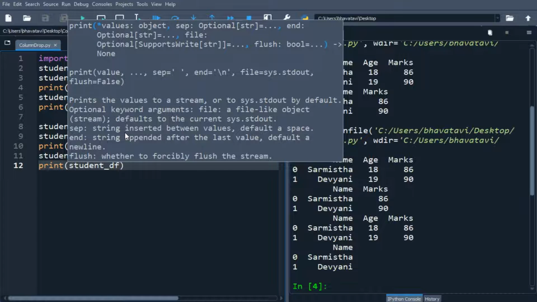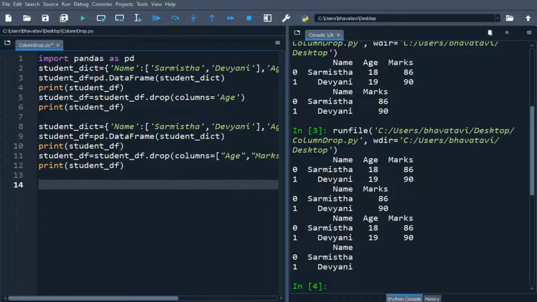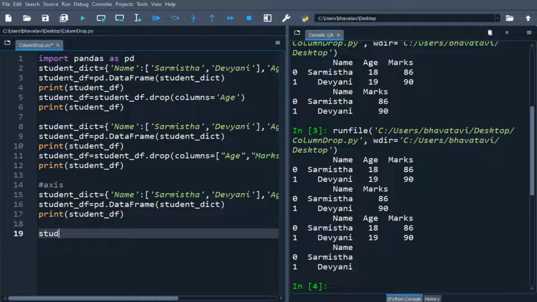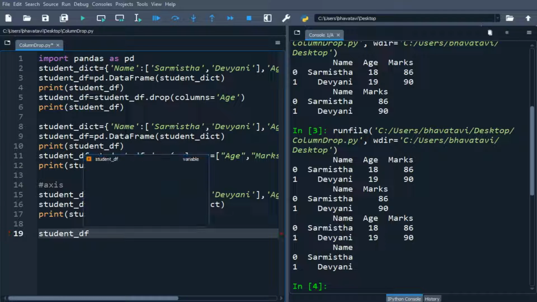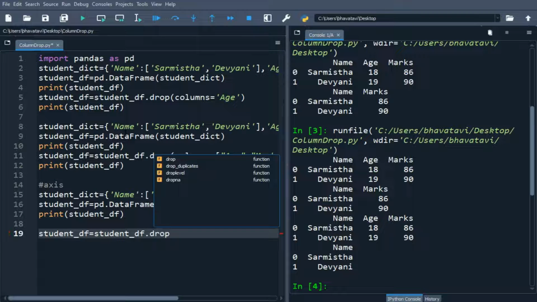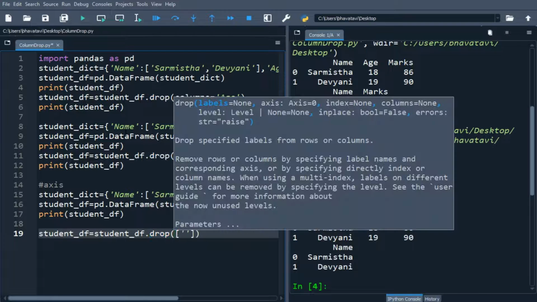Now we'll be using the axis parameter. So this will do the same function, but it is very useful. So let's use that. I'll be pasting the same data as above. Okay, and then student_df equals student_df. Then I'll be dropping the age and marks.